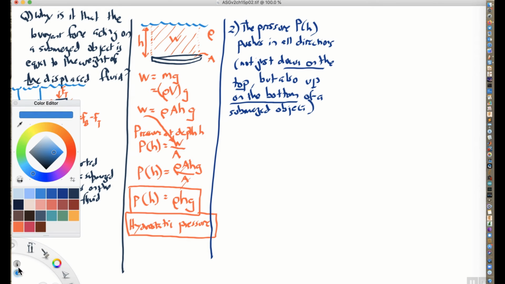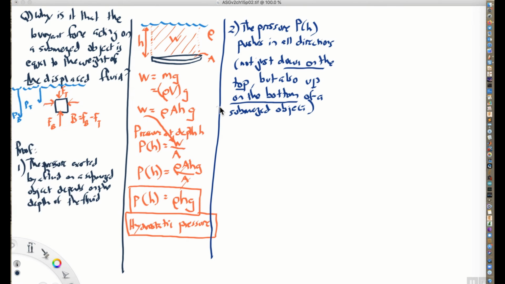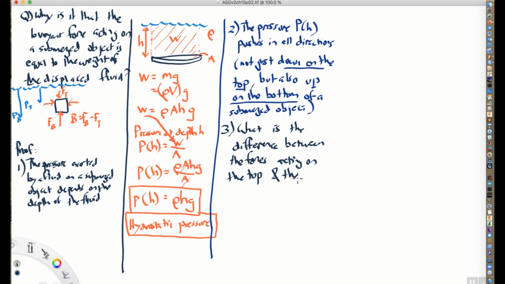Okay, so this then would be step three in our proof, is to ask ourselves, what is the difference between the forces acting on the top and the bottom of our submerged object. And you might kind of see where we're going with this, because the top is below